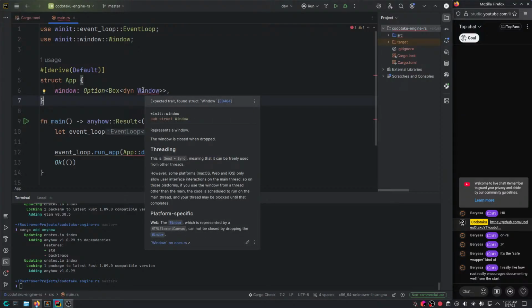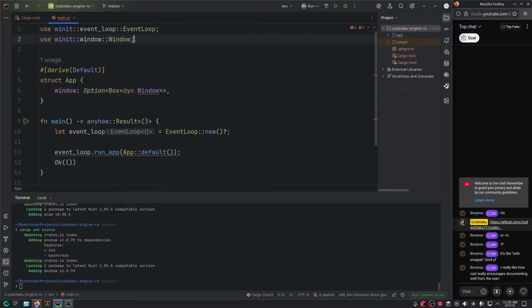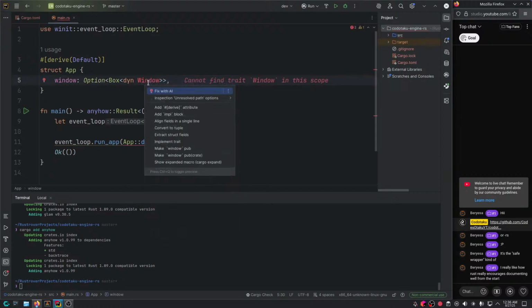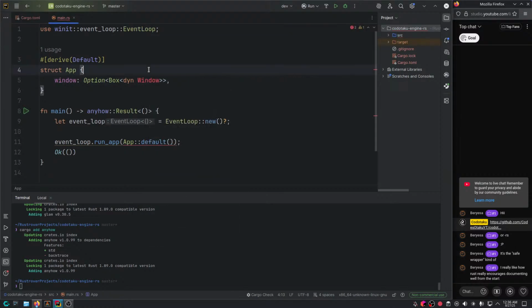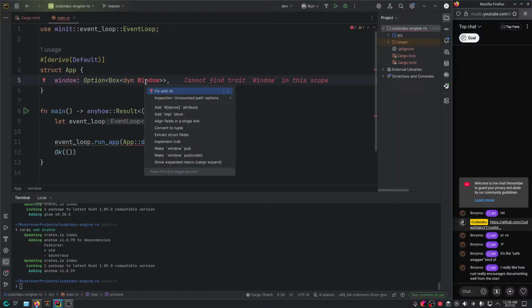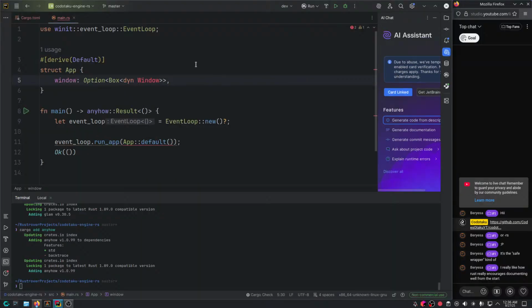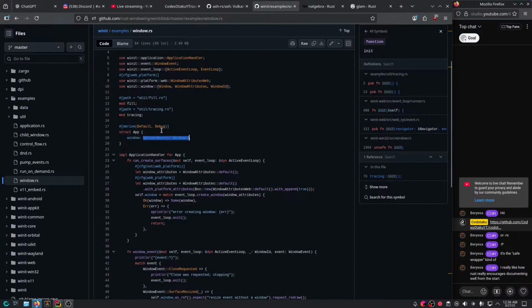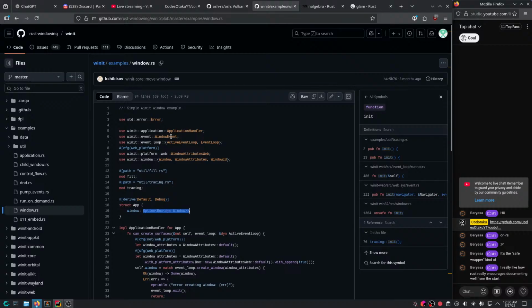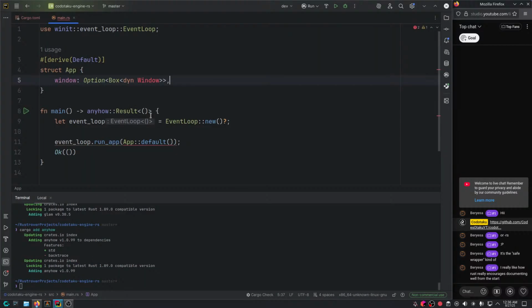Expected trait found struct window. I don't know what the heck this is. Wait, where is the window coming from here? It's coming from Winit window.